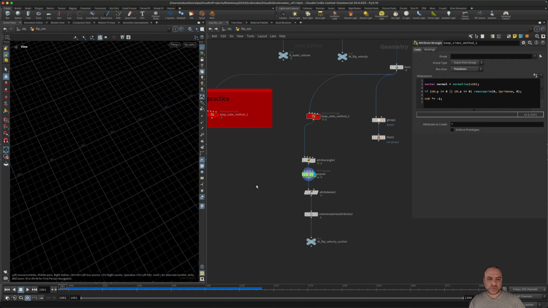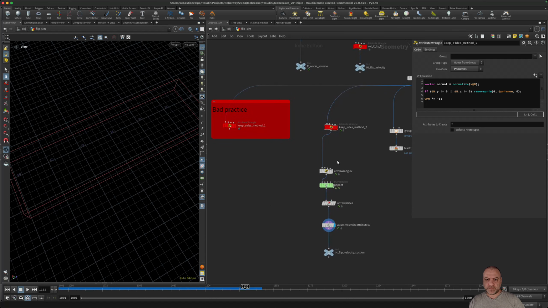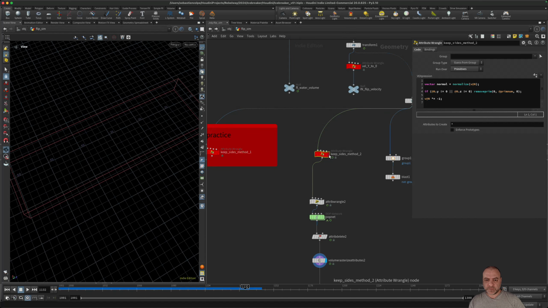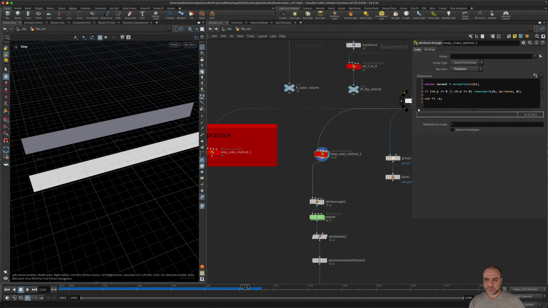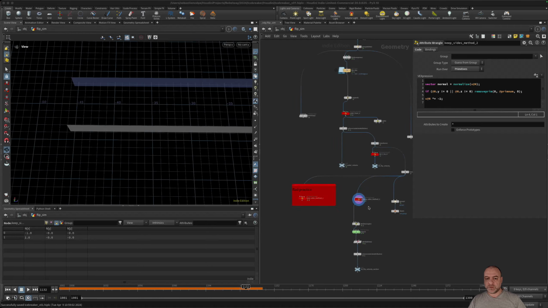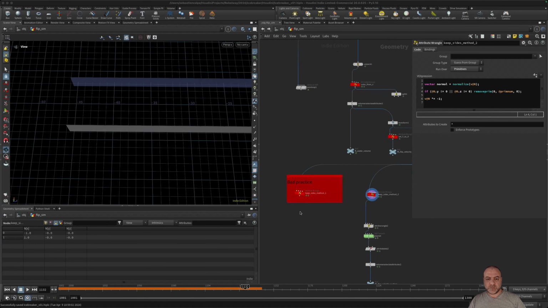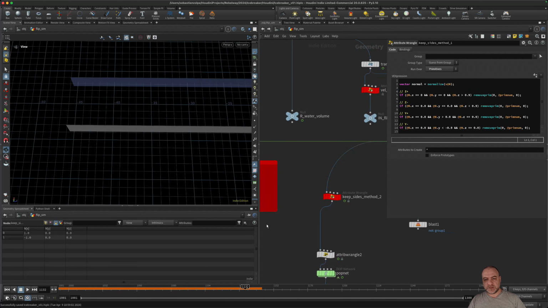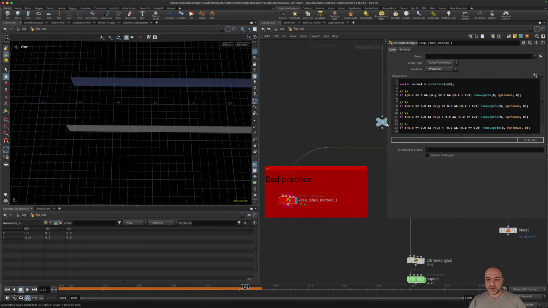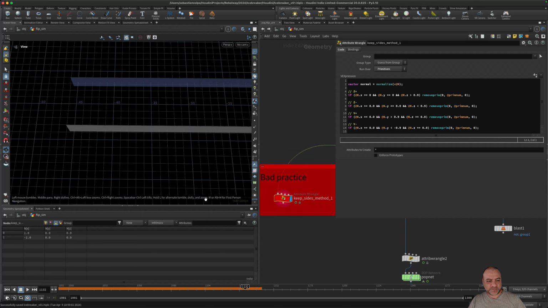So I would like to show you something different. I use volume rasterize and I get the velocity to inject it on the grain simulation. So to select the faces by normals in VEX. For the normal, it works, but this method is better. I will show you this in a few seconds.